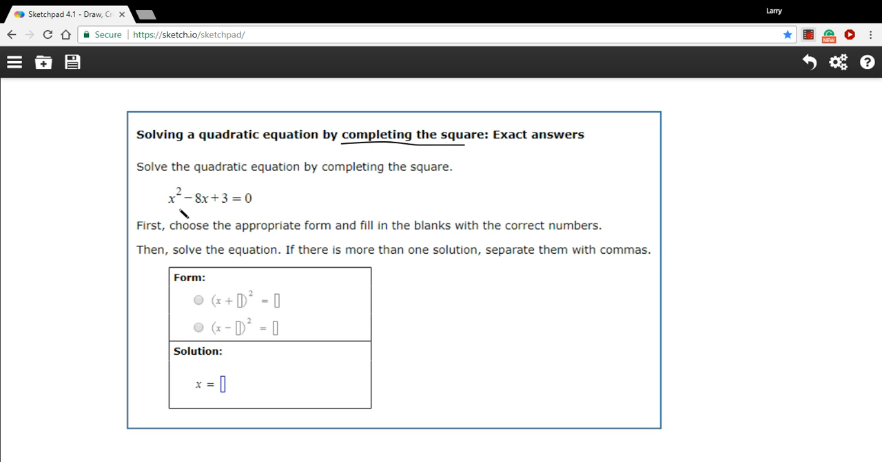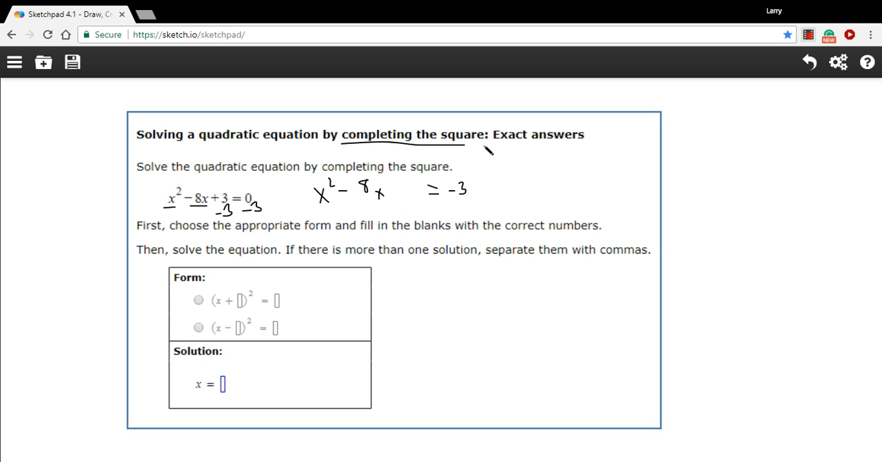First of all, what we want to do is just get the x squared and the x terms alone on one side of the equation. So what I'm going to do is just subtract 3 from both sides, and that will put x squared and the minus 8x here on the left, and the negative 3 on the right. I'm going to actually leave a space there too, because we're going to fill in something here that will complete